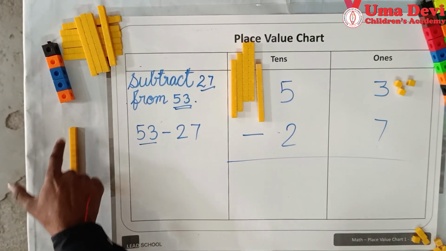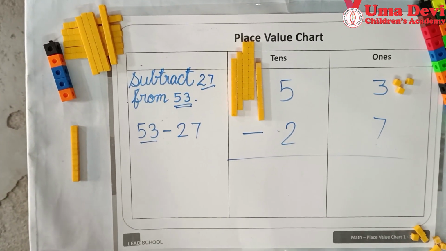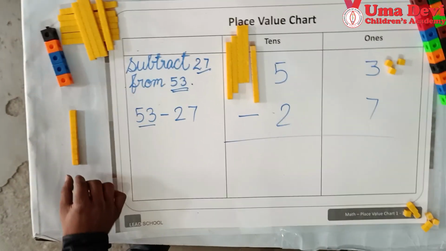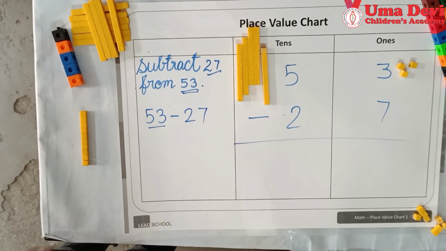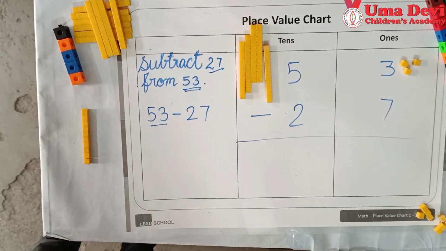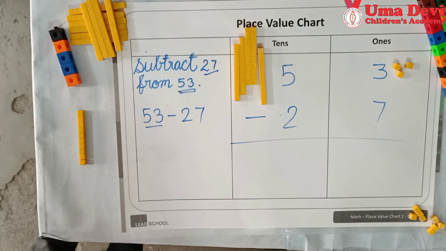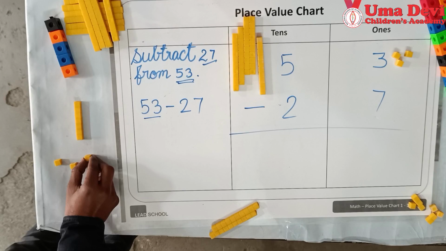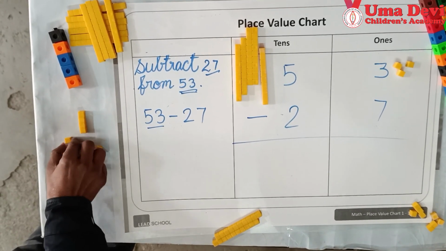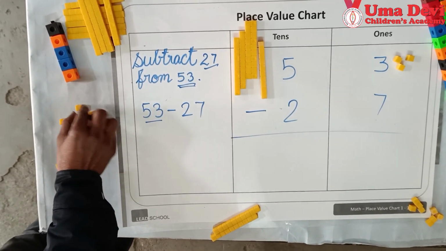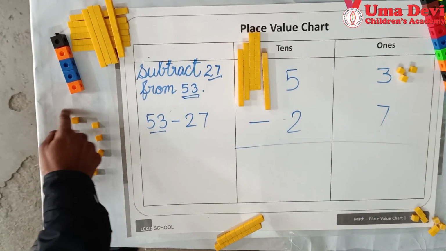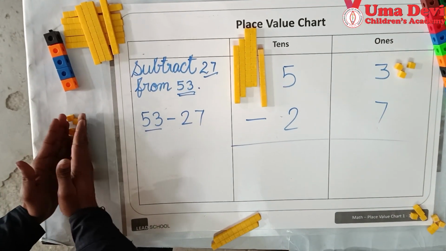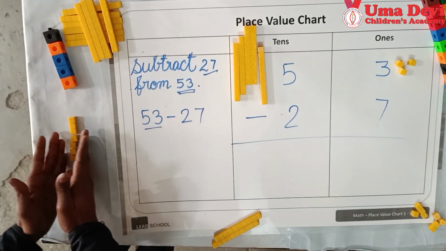So now tell, which block is this? This is also a tens block. And now we will count how many ones blocks are there. So look here. This is a tens block, and we can break this tens block. It means in one tens block there are 10 ones blocks. 1, 2, 3, 4, 5, 6, 7, 8, 9 and 10. Right? It means there are 10 ones blocks. It means we can break a tens block like this.